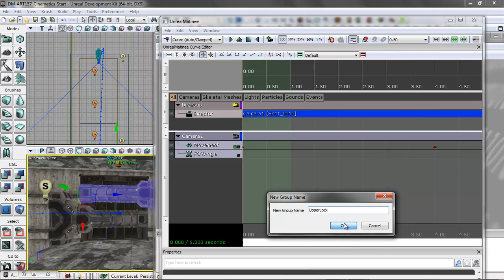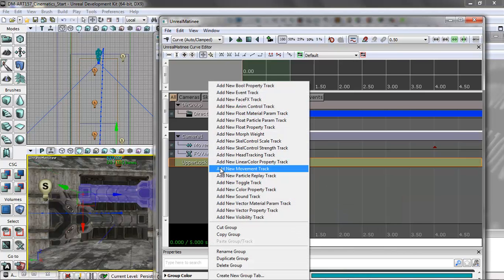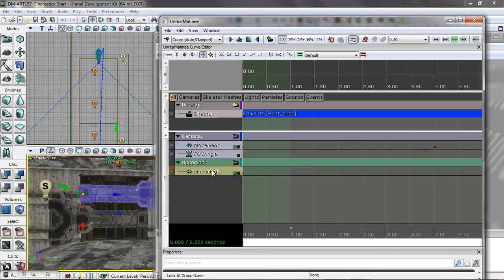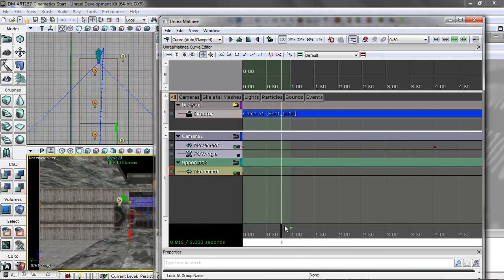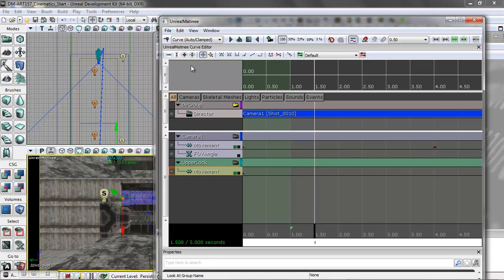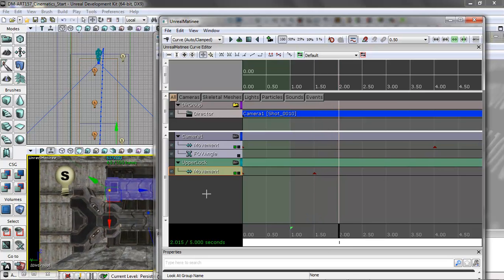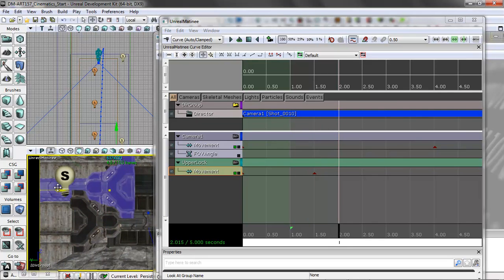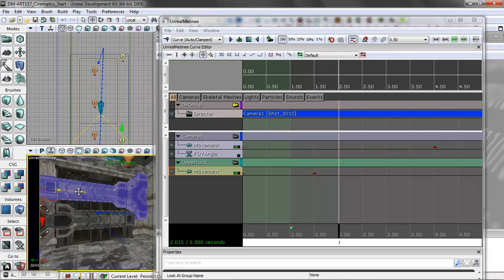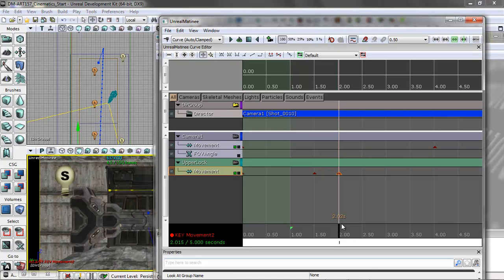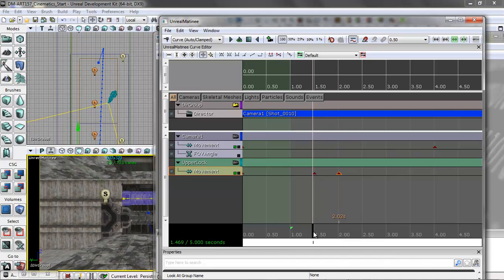And then we want to add a movement track for this, and at key 1.5 seconds, we want to add a key which is its current position, and then we want to go 5 seconds ahead to 2. And at 2, we want it to basically, oh, wrong way, sorry about that. So let's pull this the other way. Okay, so we want this door to open, add a key,